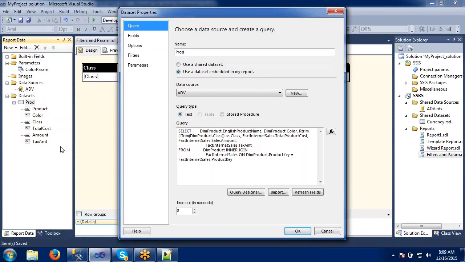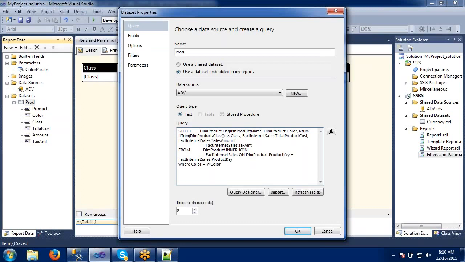Now we have to apply the same condition here, where color equals @color.